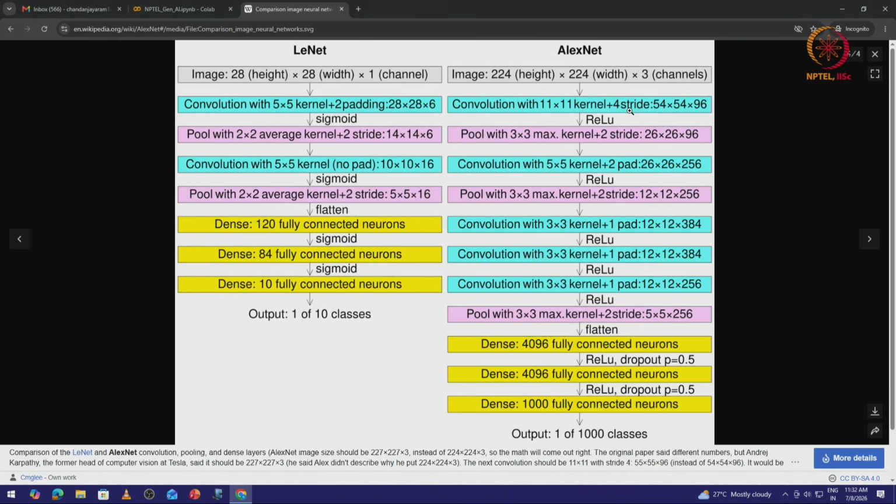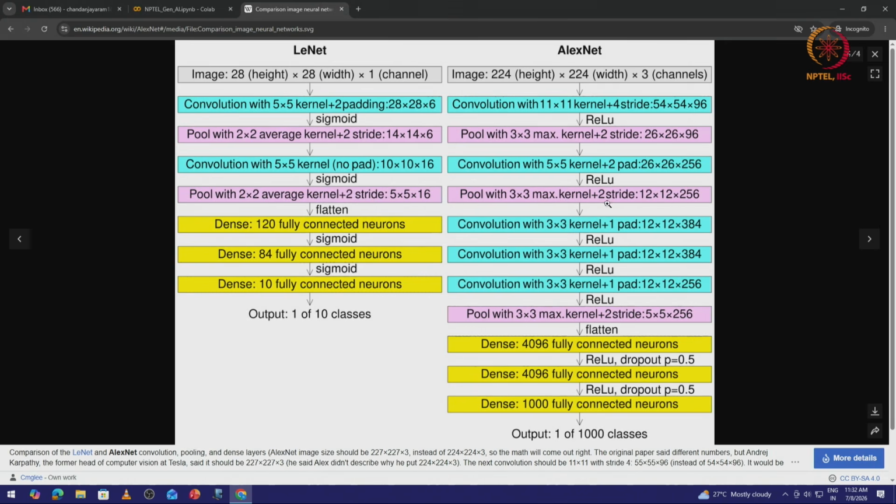Whenever we are not specifying the stride, it means stride is 1. Whenever we are not specifying the padding, it means that the padding is 0. Then we go ahead with 3 cross 3 max pooling with stride 2. Earlier we had non-overlapping pooling, now we have overlapping pooling. So we should be able to compute the size based on this using the formulas which we have discussed in our earlier sections. So on and so forth, and then you have this ReLU